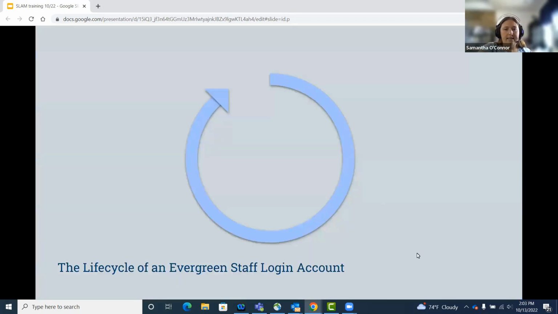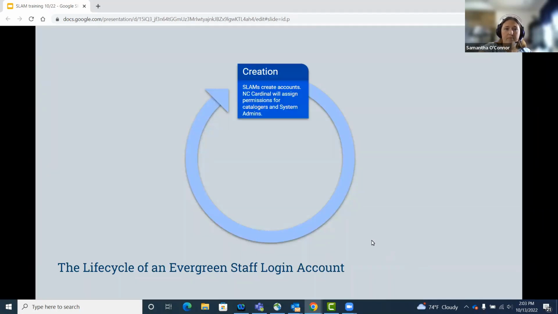So before we dig into those, what we're really covering today is the life cycle of an Evergreen staff login account. It starts at creation, obviously, and that's a SLAM responsibility. Account creation is designated to each of the SLAMs at each library. NC Cardinal will assign permissions for catalogers and system admins, but it's still